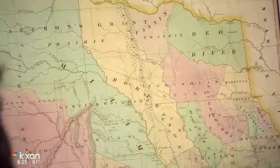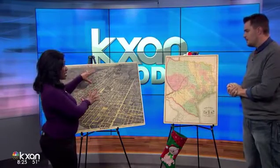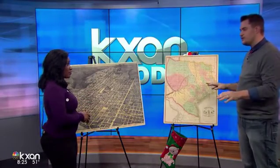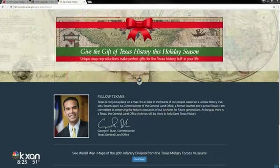Okay, and you said these are all very affordable, and it goes to preserving these. Right. The donations and the money raised will preserve these maps. Tell me more about that. So each map costs between $20 and $40, so very affordable. A good entry fee for as far as a present, and the money goes to our Save Texas History program,